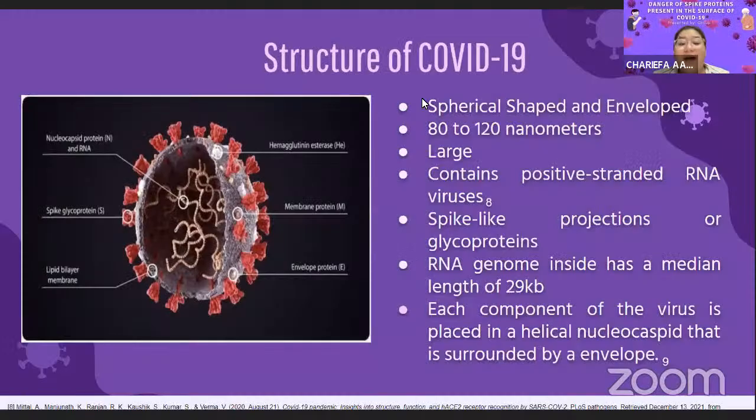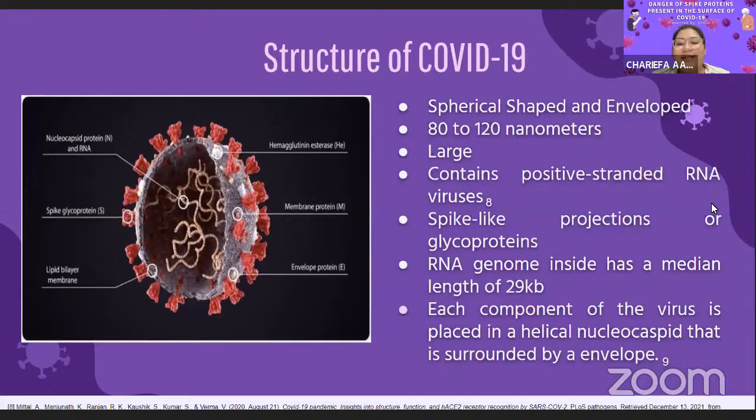Once again, it is an enveloped virus that contains positive-stranded RNA. This virus also contains spike-like projections or glycoproteins on the surface. Under the microscope, these spikes look like crowns, and this is why it is referred to as the coronavirus. The RNA genome seen in the virus has a median length of 29 kb, making it the longest among